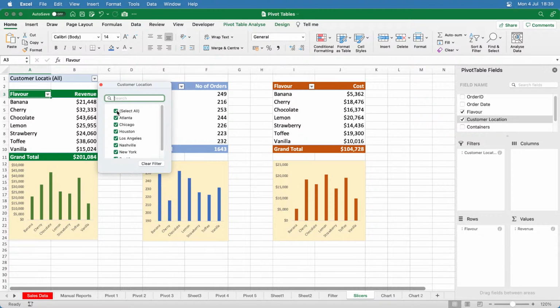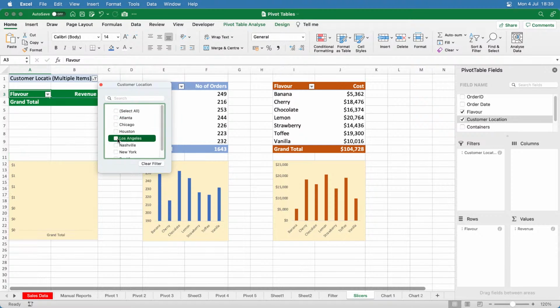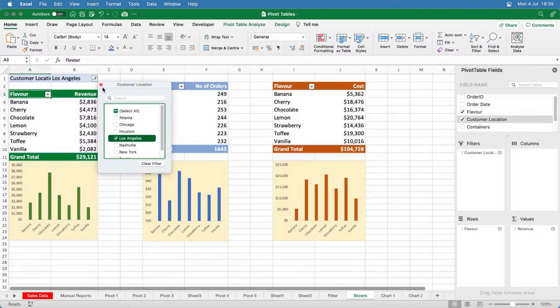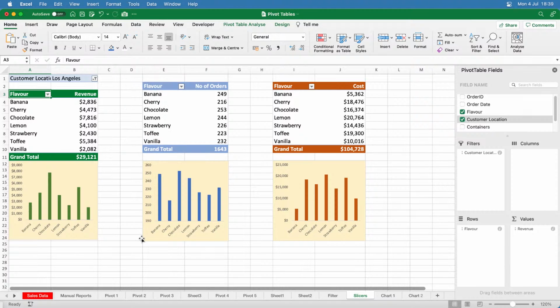So if I take the tick out of select all and I select Los Angeles, what I'm now looking at is a breakdown of revenue per flavour just within orders for LA. But the other two pivot tables are showing me all the orders. So if I wanted to show revenue and orders per flavour for LA,